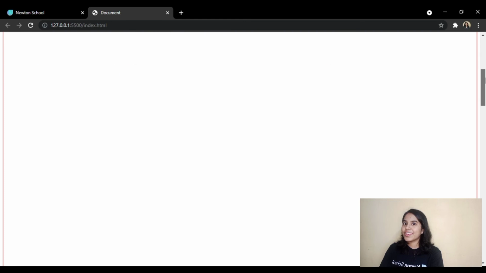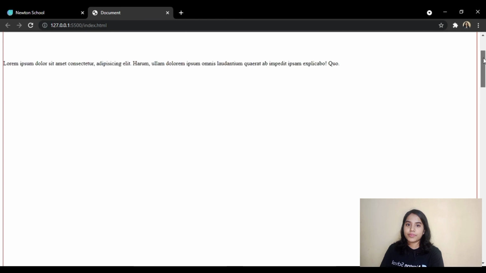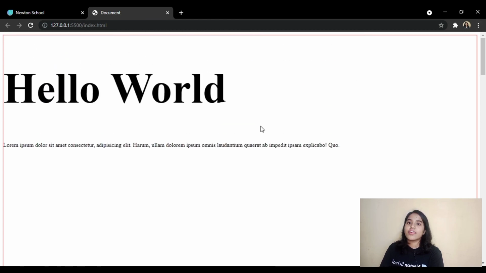Isn't that good? Instead of writing so many paddings and keep on figuring out how to cover its height, you have just written viewport height 100. That's it. Okay, so this is so cool. And it works similarly for width as well. You have to write 100 viewport width and it will cover the entire width. You don't have to keep on figuring out the width of your HTML page.